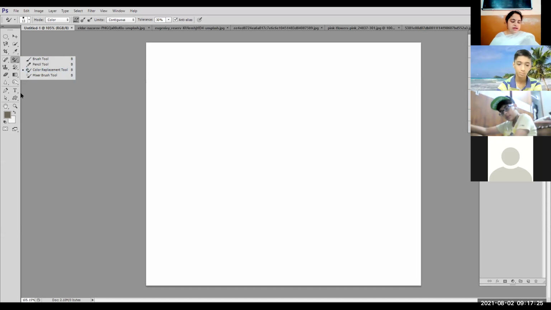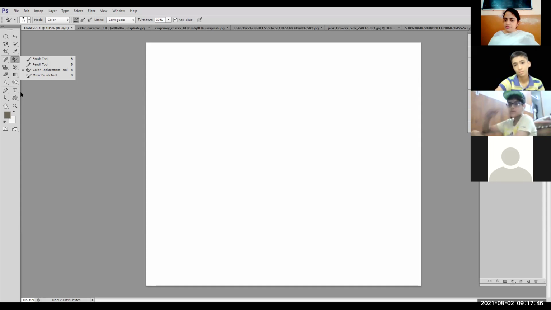Last year we did placing and opening an image. These two things we had done: how to place an image and how to open an image. I told you the difference. By placing, the image is placed on a separate layer and we can move it and place many images on the same background. Now we are going to start with the selection tools. First tool that we are going to learn is the Marquee tool.